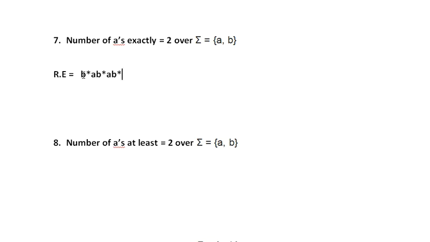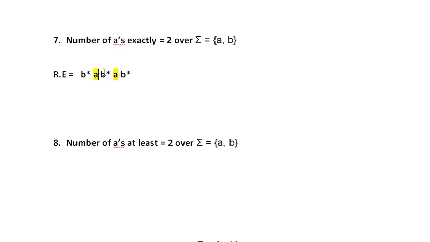So see here, if you look into this, the number of A's is exactly 2, not more than that, correct? But there is no restriction for B. That's why I haven't left any B's as a single B. I have taken all possible combinations. So besides A, there might be n number of B's.